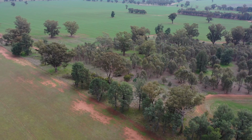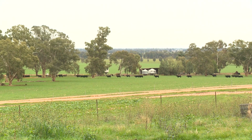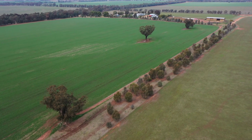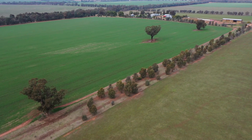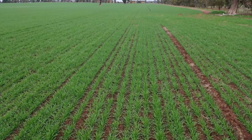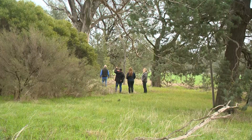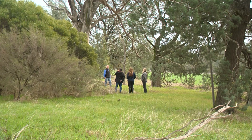There's enormous benefits to your own business. We've found the shelter that it provides for stock and also for crops. We thought we would have a decline in crops along corridors, but that hasn't been the case. Sheltering the wind out has enabled the crops to grow better. And the aesthetics of your place is really important for your mental health to work and live in a